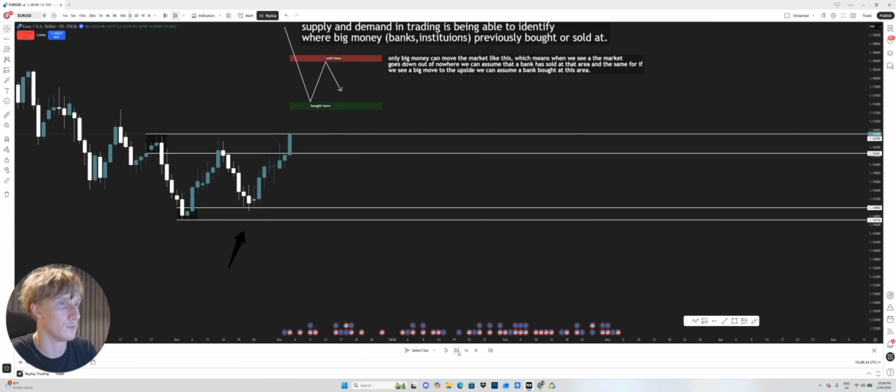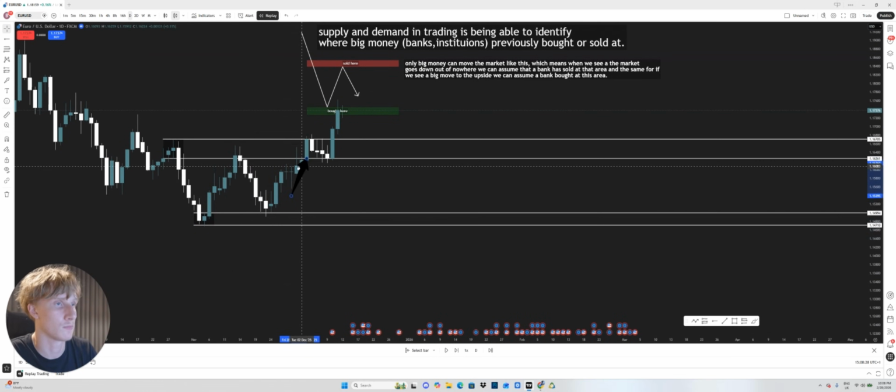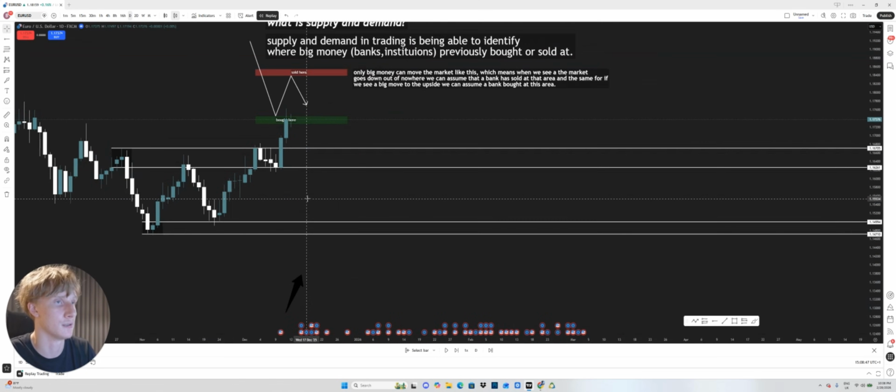Eventually, as we can see here, price went higher because all of their orders have been filled. Just for an example, let's say they wanted to enter a total of 2 billion in orders. They enter 1 billion here, and 1 billion here. Next time price comes up, there are no resting orders here, and therefore price continues to rally.